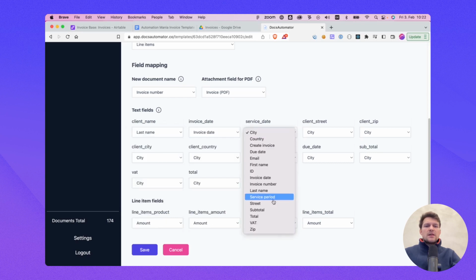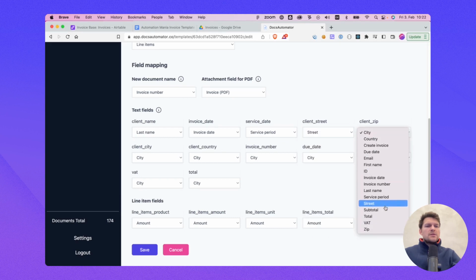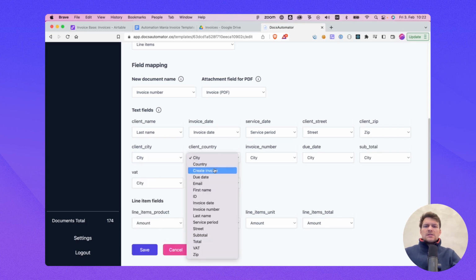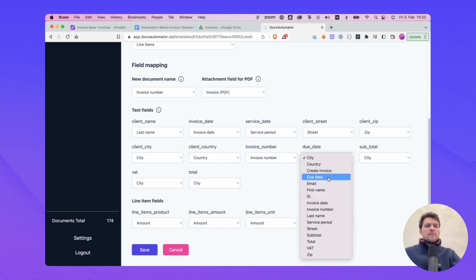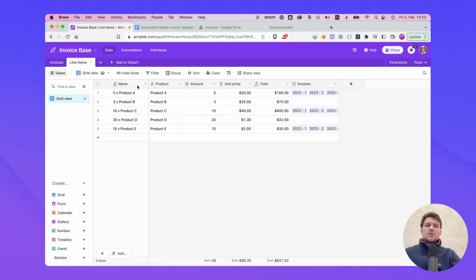I have an invoice date. I have a service period. I have a street, zip. I have my city, country, invoice number, due date, subtotal, VAT, and the total. And then for line item fields, this actually references the line items table, so